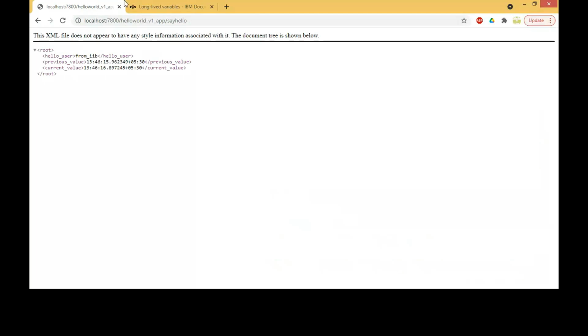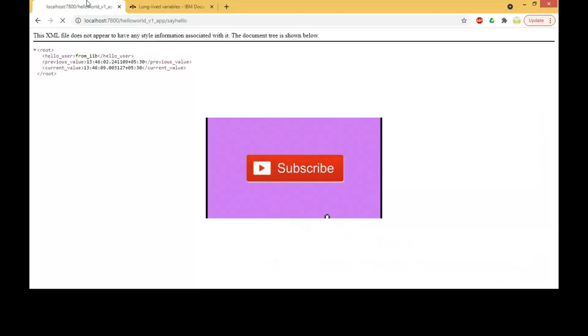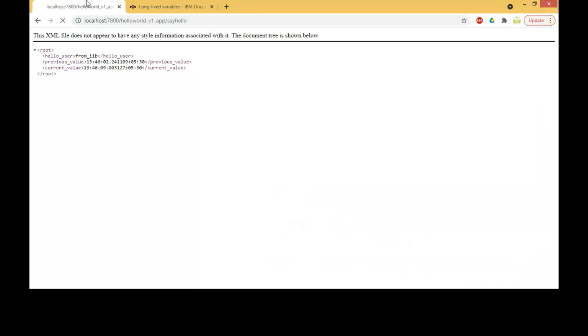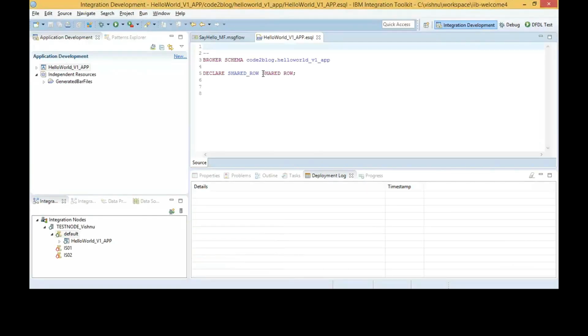Everything gets copied over to the previous value XML field as I refresh it. This is to tell you that I'm not subtracting anything. I'm just saving it in shared memory and pulling it out of shared memory. If I try to do this from another flow, it will not work. Since it is the same flow, I'm getting the values.